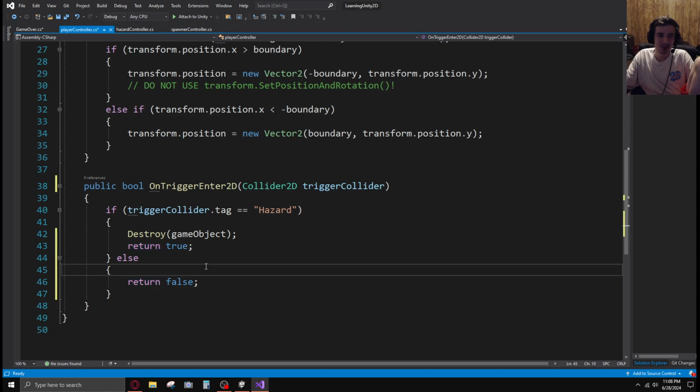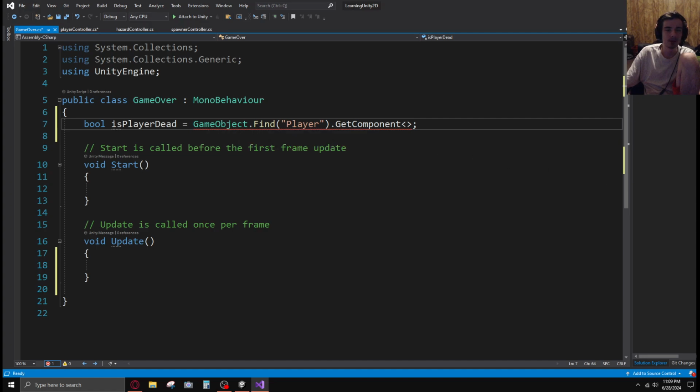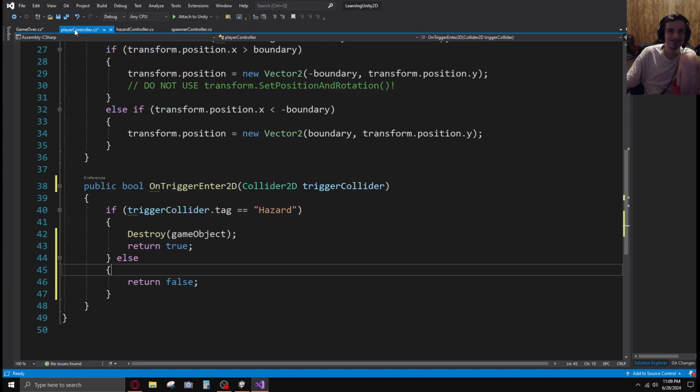This seems excessive. Wait, what? This is always going to be true. You know what? It doesn't make a difference. It does not make a single difference. That's fine. And if I make this public,